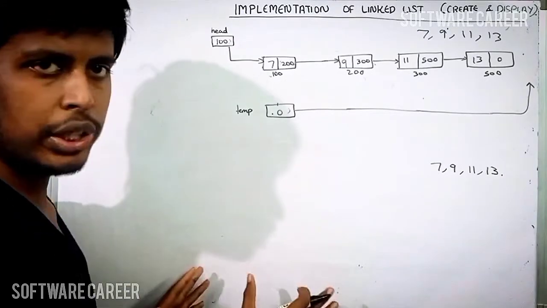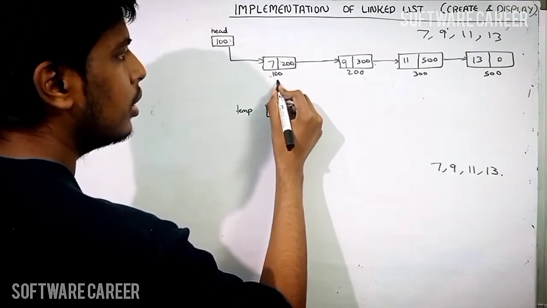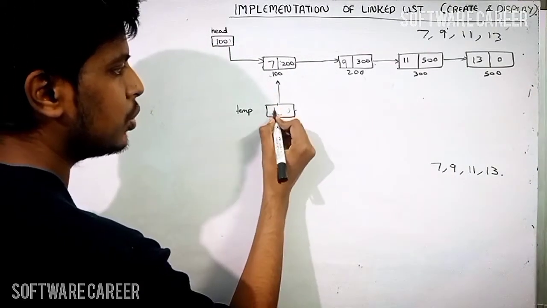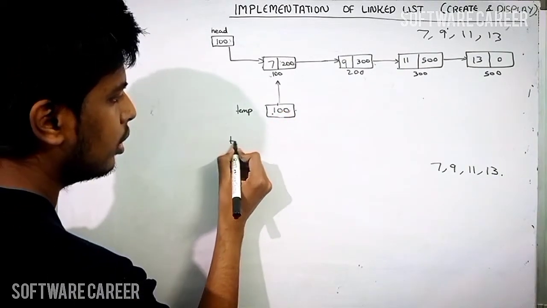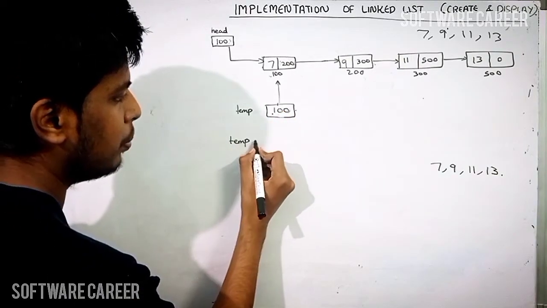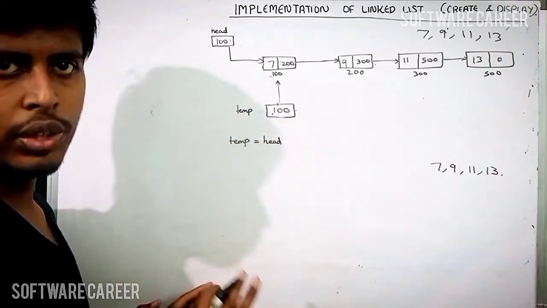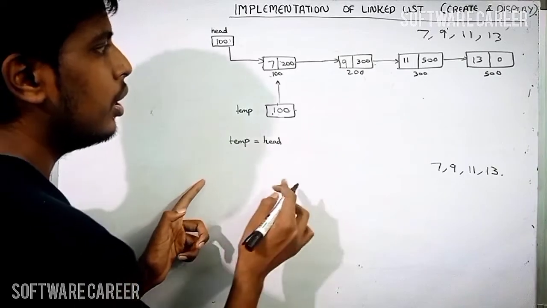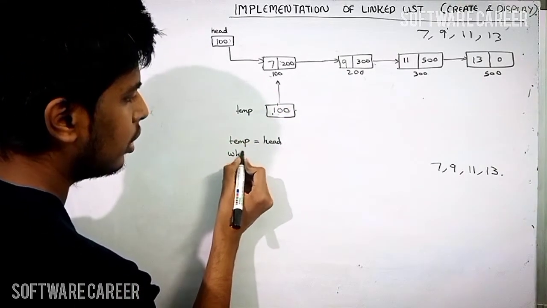Now I will teach you how to write the code. See here, at the start the temp was pointing towards the first node, right? So I am writing that. I am creating a pointer temp which is equal to head. Now I am pointing this to the first node. Now I'll write while